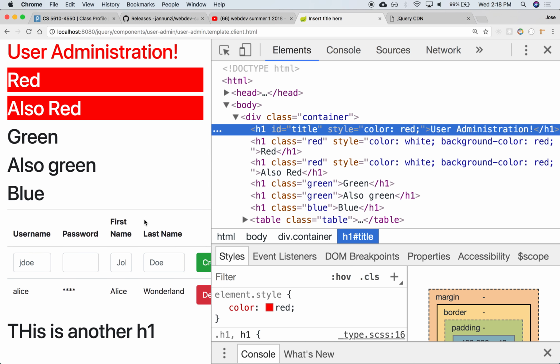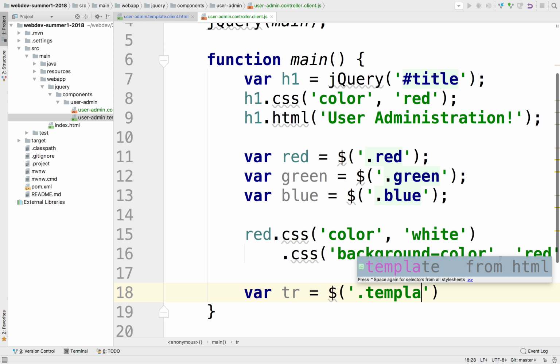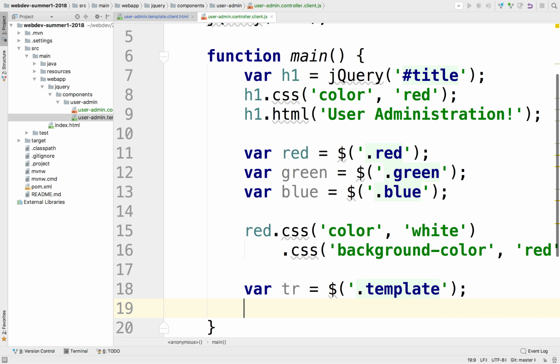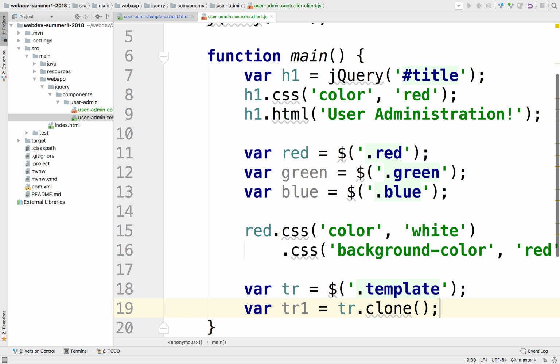Let's grab the tr from $dot template. Okay, and we can clone that. We can clone lots of these guys, right? So we can say var tr1. We can say tr.clone. Right, so that creates an in-memory